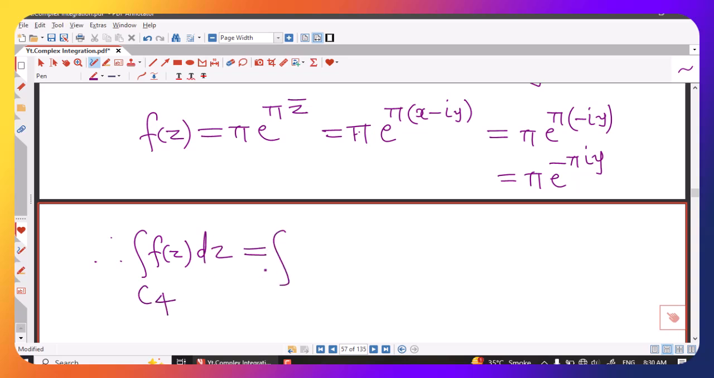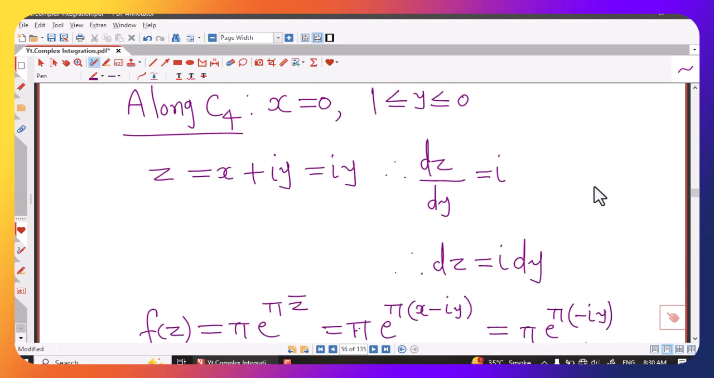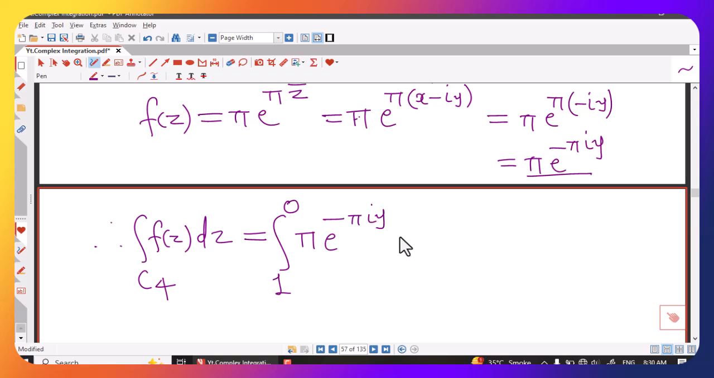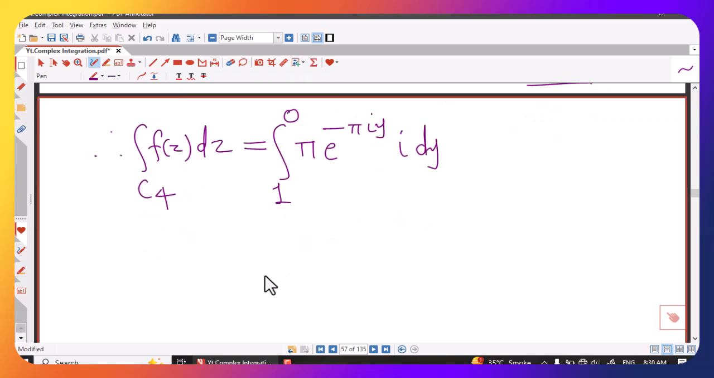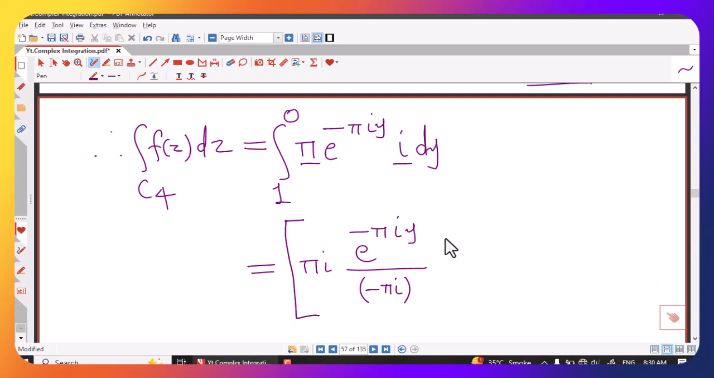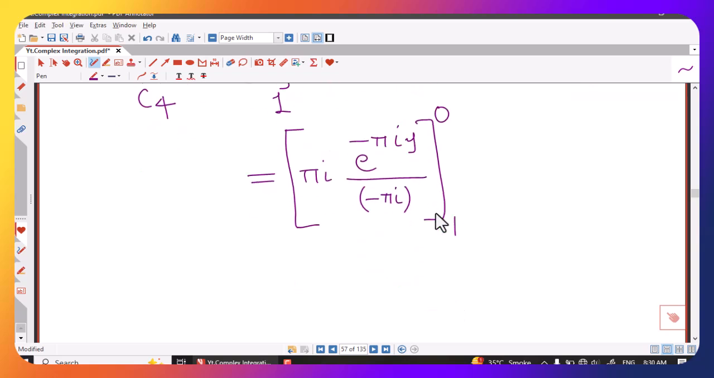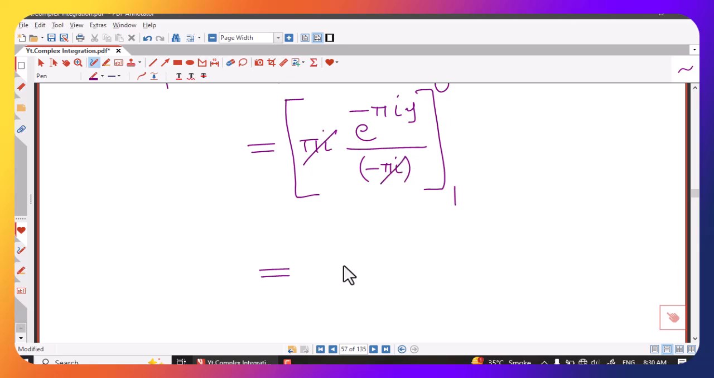So now our variable is y, and limits of y are from y equal to 1 to 0. f of z is e raised to minus pi i y, that we have written, and dz is i times dy. Here the integral is this pi i constant, and the integral will be e raised to minus pi i y divided by the coefficient of y, that is minus pi into i. Limits of y will be from y equal to 1 to y equal to 0, and we can see this pi i will get cancelled, and let me write one more step. Here limits are from y equal to 1 to 0,